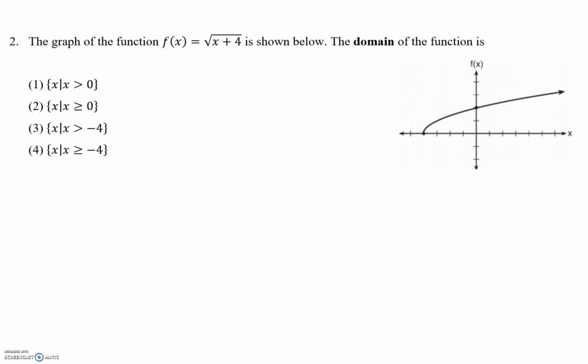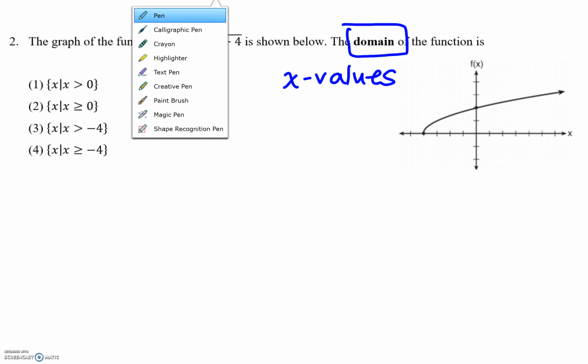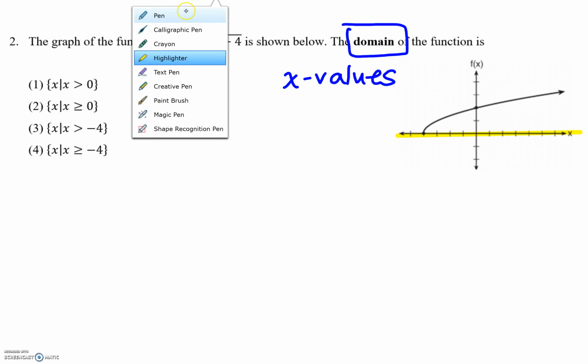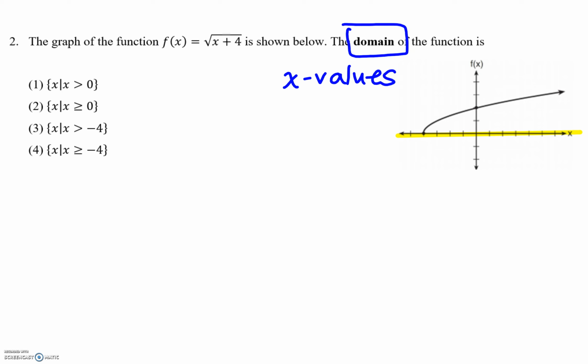For number 2, it says the graph of the function f of x equals the square root of x plus 4 is shown below. The domain of the function is, just a reminder, the domain is your x values. So we are going to focus in only on the x-axis. So as we go from left to right,